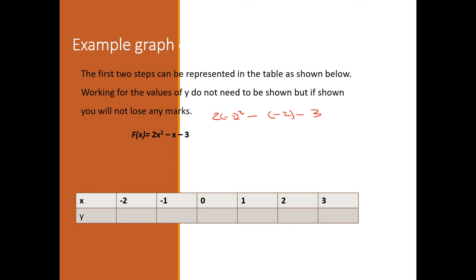Right? We're going to put our negative 2. So negative 2 squared will give us a positive 4. 4 times 2 will give us an 8. A negative times a negative 2 will give us a positive 2. And this will be a negative 3. So what we have here, we have 8 plus 2, 10. 10 minus 3 will give us a